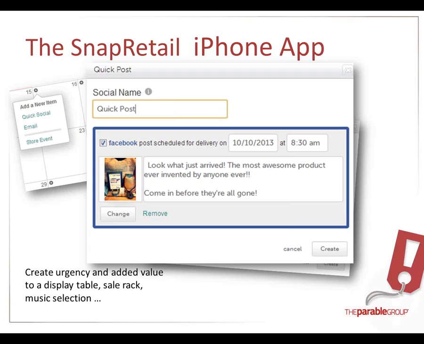So it's an iPhone app only at this point. If you don't have an iPhone personally, I bet one of your staff does. I bet somebody in your store would have one. The app's free. You just go download that guy, link it to your Snap account, and it's like Clint said,